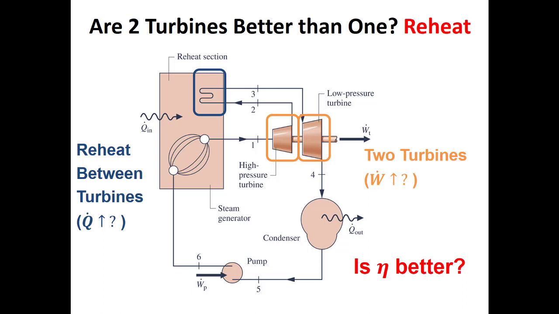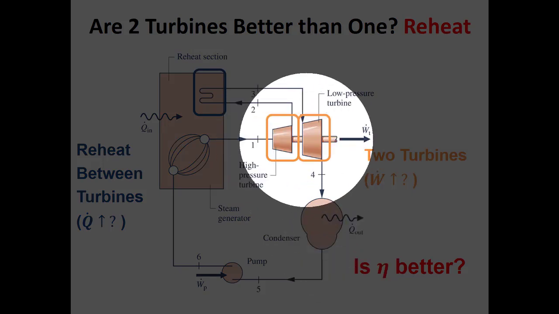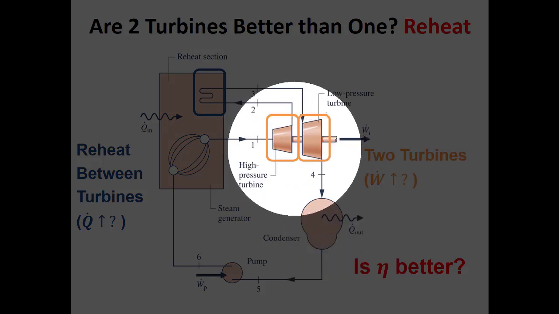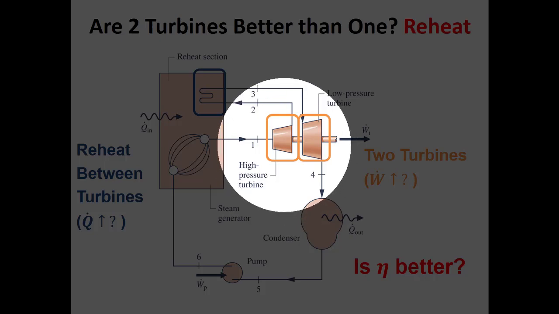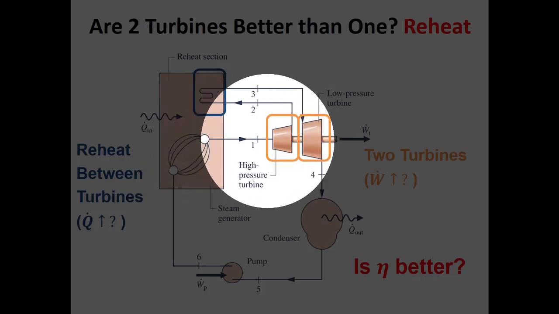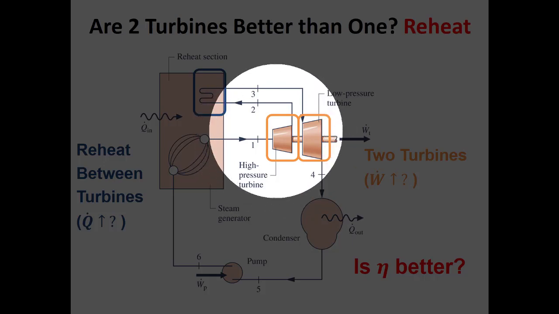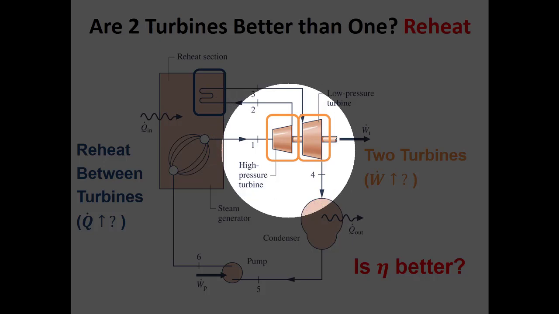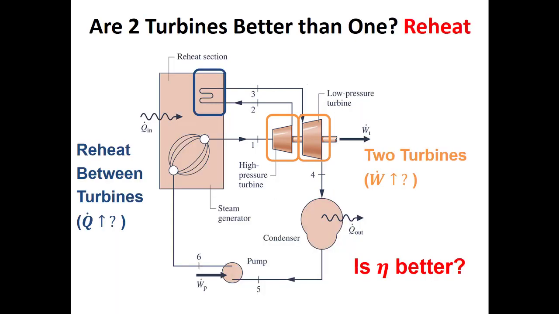Last class, we talked about one of the ways that we can do this by adding a second turbine. So here, instead of just having one turbine, we split the power generation between 2 turbines. So we have a high pressure turbine where the fluid's coming in right out of the boiler or the steam generator. So this is high temperature, high pressure steam. We run that through the turbine. And if this was a normal 4-component cycle, then we would run it through the whole turbine, right? But about halfway through, we're losing pressure, but the enthalpy is dropping too.